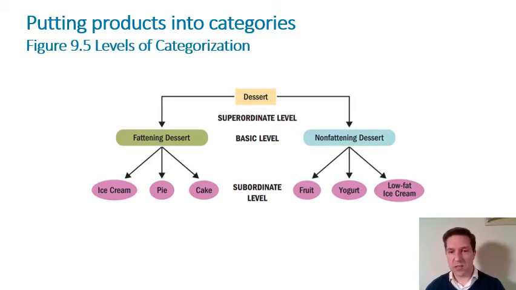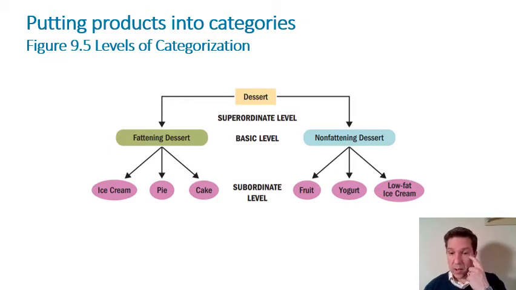So what is considered a dessert, by the way, that will vary from culture to culture, right? Not everything that is considered dessert in one culture might actually be considered dessert in another. So there are cultural aspects that will maybe shift dramatically what these categories correspond to from one culture to another. Okay, so I'm assuming that we're all in the same culture. So you have the superordinate level, then you have the basic level. This is the one that contains probably the most useful information for marketers, which is within this